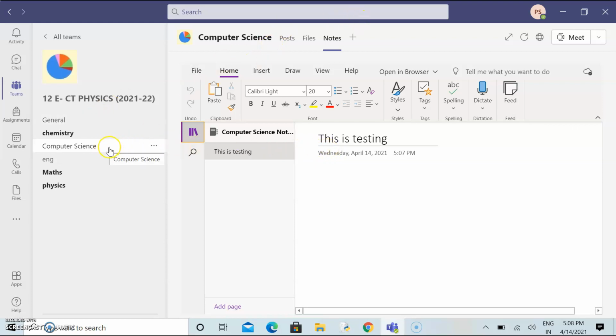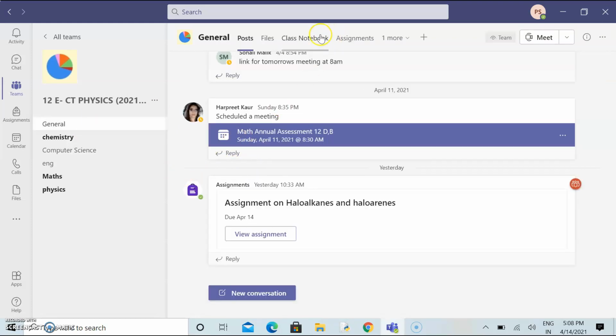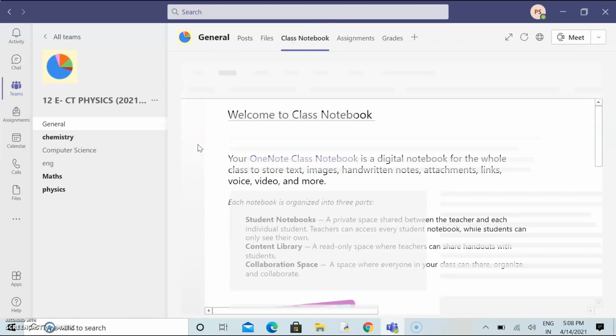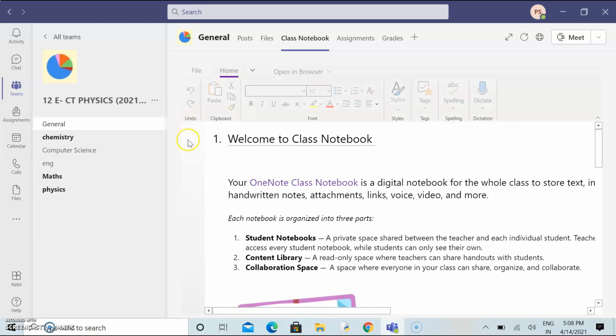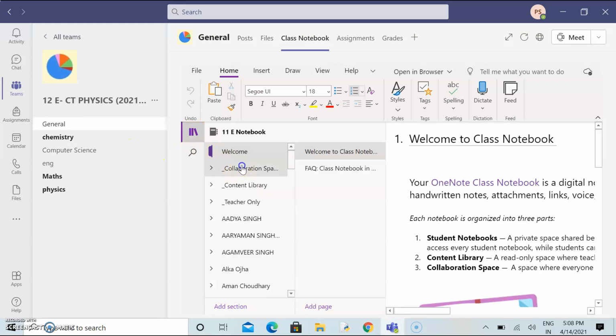He just has to see your channel, and then he can get all the things whatsoever you have posted in the general channel. Suppose I am adding one more page in that class notebook, then students don't have to go again to the general channel to see the class notebook that you have posted. You just have to go straight to that particular